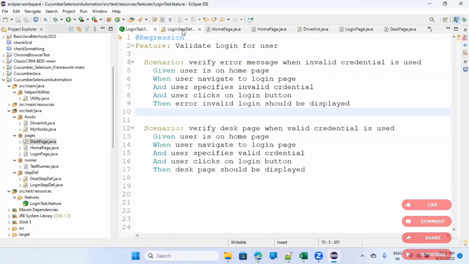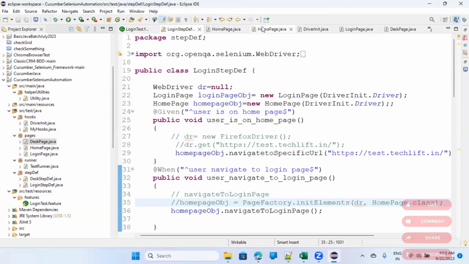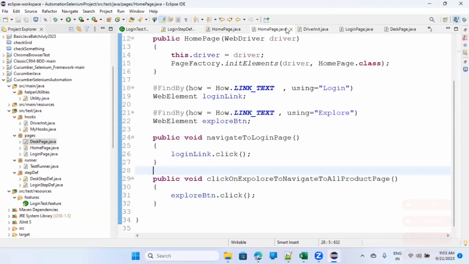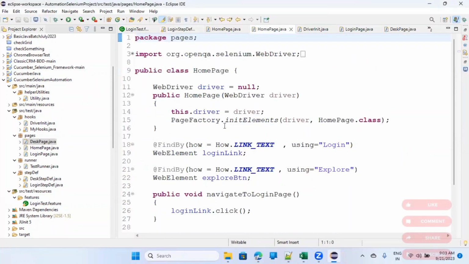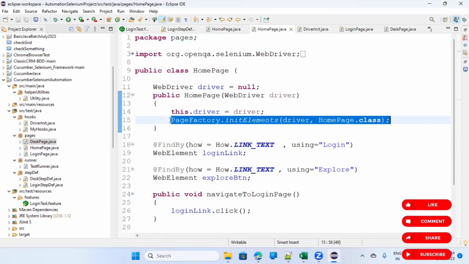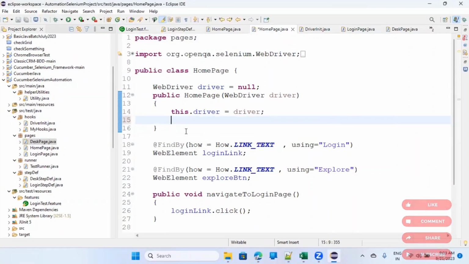What is happening now is you said that you have a home page, fine, and you're saying, hey, initialize the element again and again and again. So this part should be there somewhere else, not in the constructor level. It should not be at the constructor level, right? So what you should do, I will delete it from here,